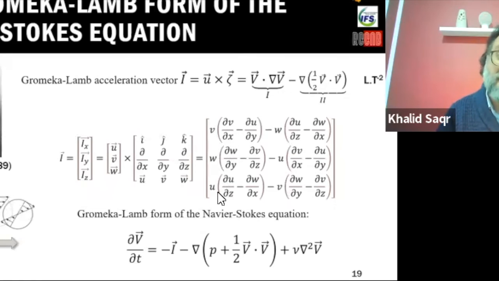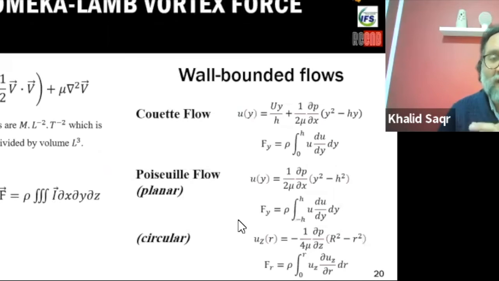So it basically has complete vector properties. It has directions in X and Y and Z, and it represents the acceleration of a vortex, the linear acceleration of a vortex. To demonstrate the feasibility of using the Veronicas Lab vortex force field in wall-bounded flows, because it has a long history in physical oceanography, in free stream flows,